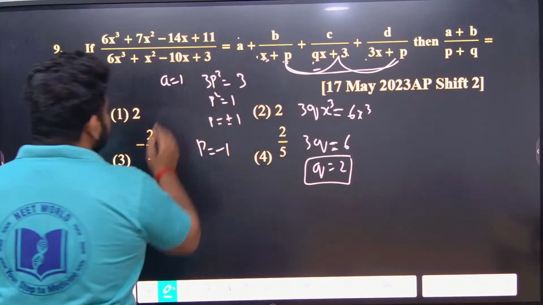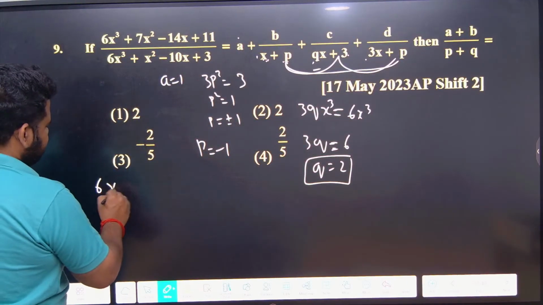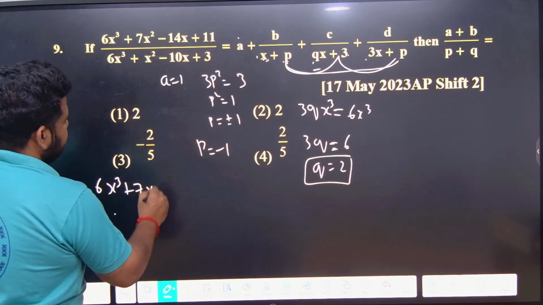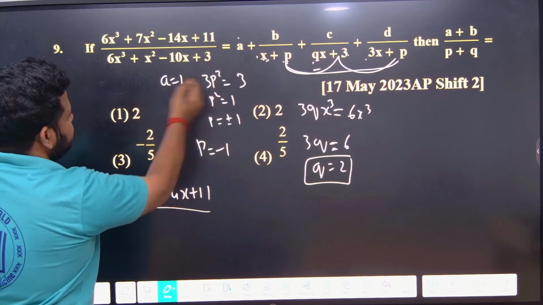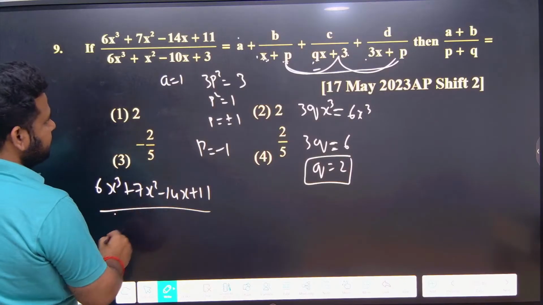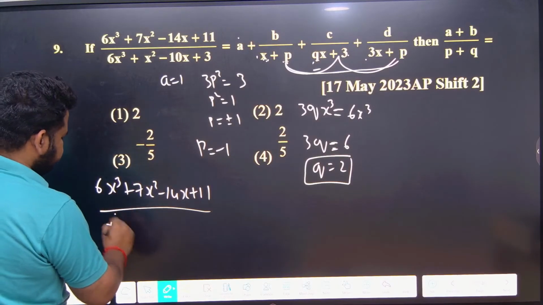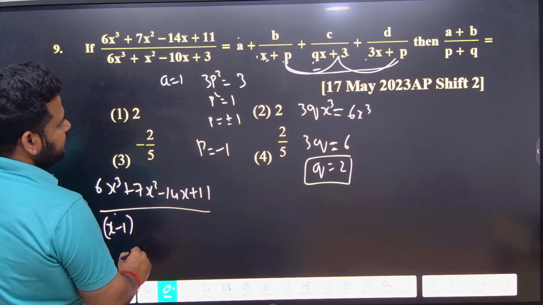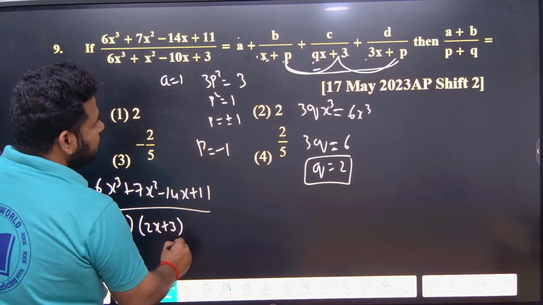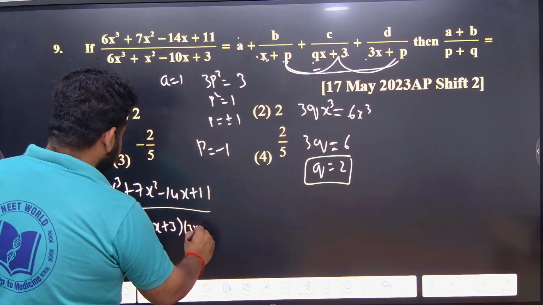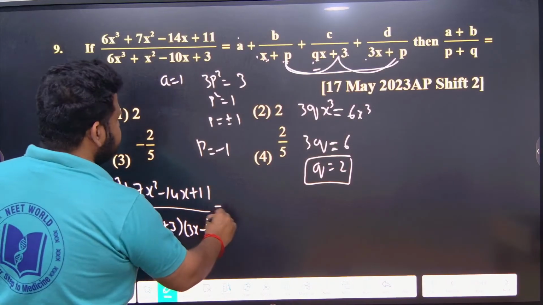What will we have? The numerator will have 6x cube plus 7x square minus 14x plus 11, divided by x plus p, where p is minus 1, so x minus 1, into qx plus 3, where q is 2, so 2x plus 3, and 3x plus p, where p is minus 1. This is equal to